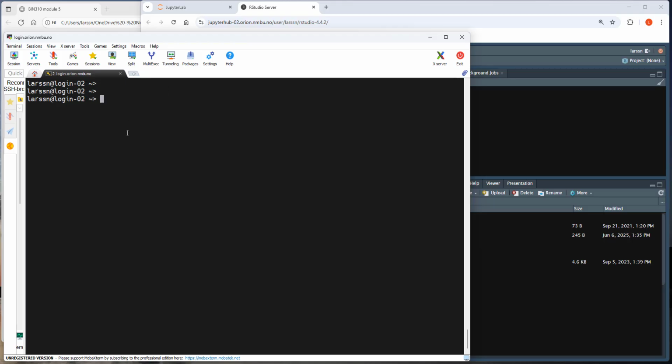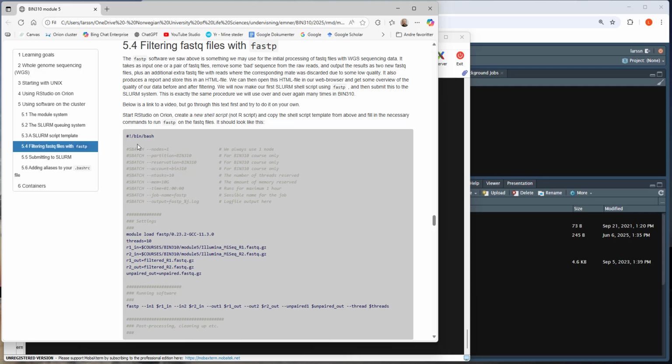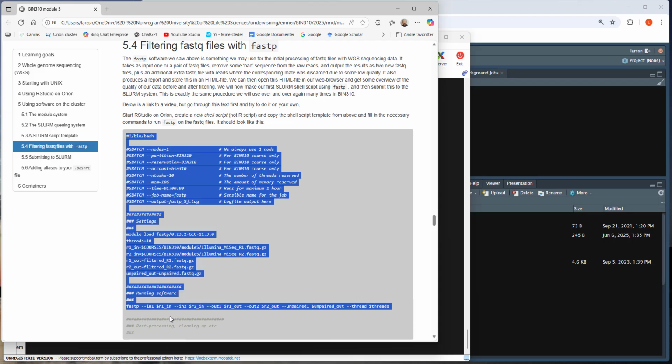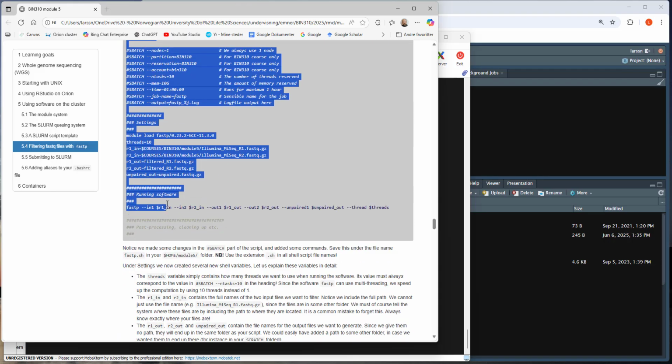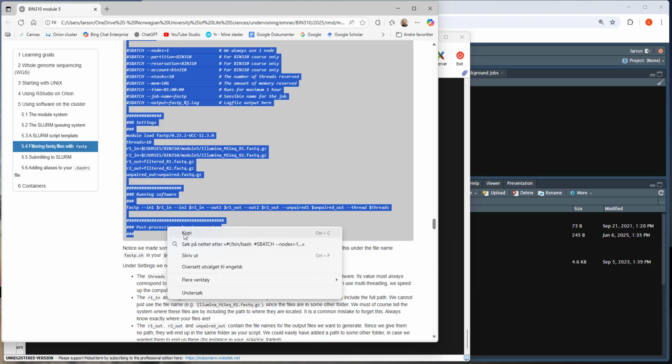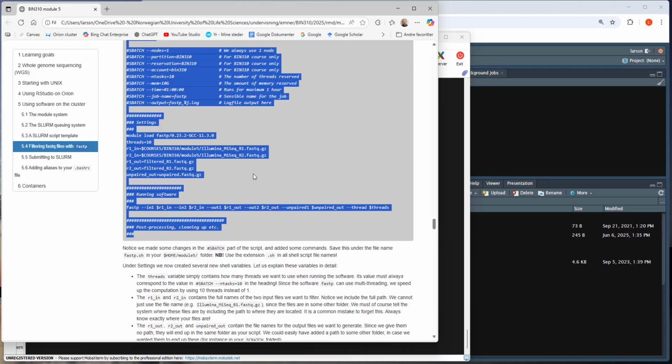So, how do we proceed now? Well, we have to make ourselves a shell script. And a shell script is simply a text file with Unix commands in shell. We call it shell. The commands that we use in Unix are part of a shell language. So copy,